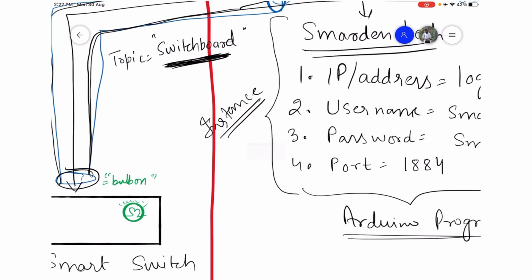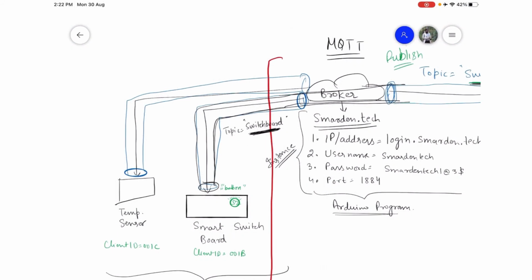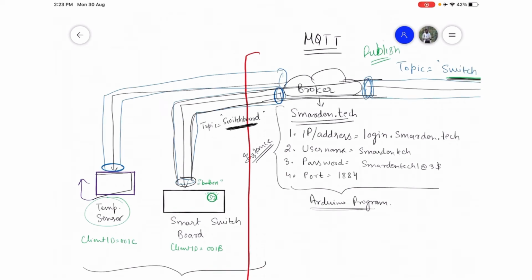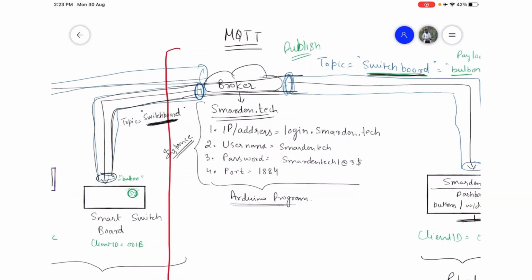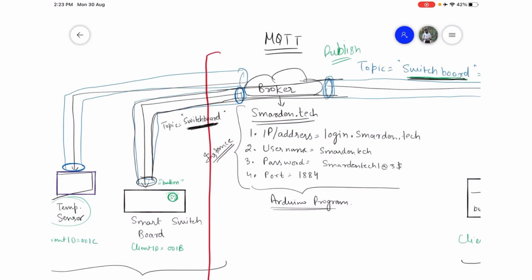So this is how the MQTT topic works. Now if you noticed, we haven't subscribed to any topic on the temperature sensor. Why? Because the temperature sensor itself is a publishing thing, a publishing device, you can say. So the temperature sensor is a sensor, it will publish the data on the dashboard, so that element or in your program both these things must be connected.